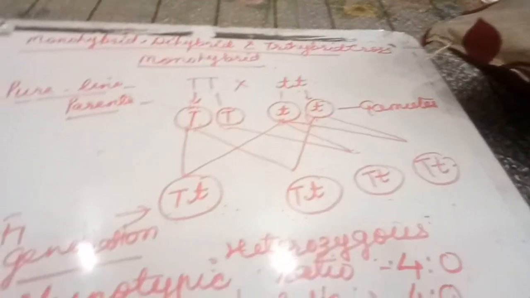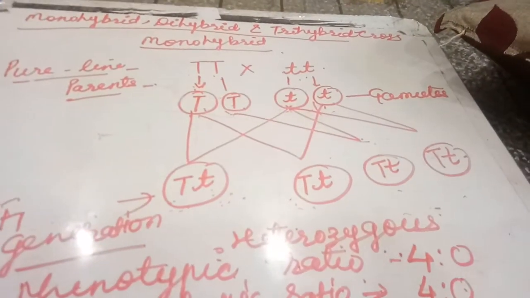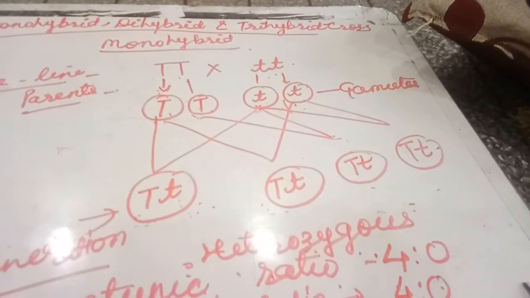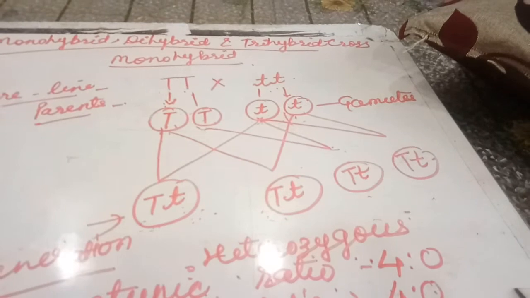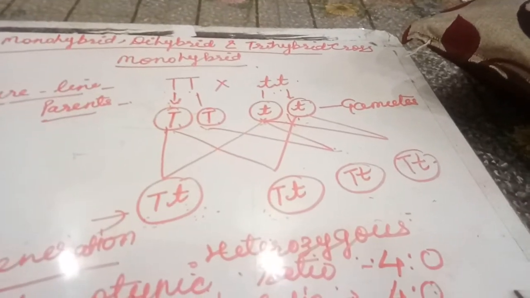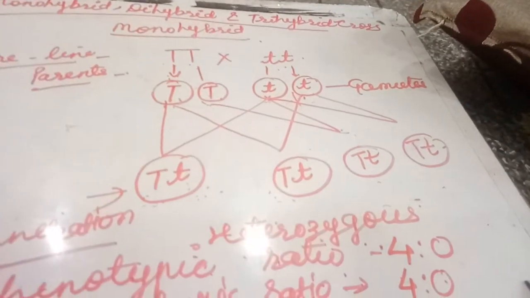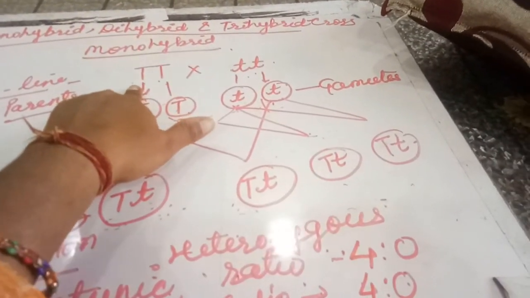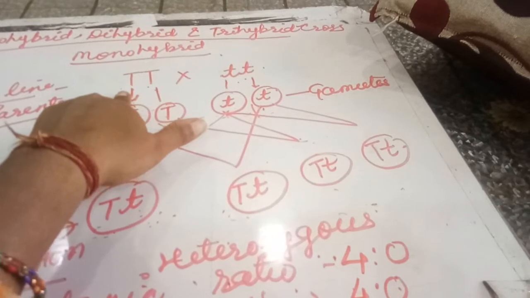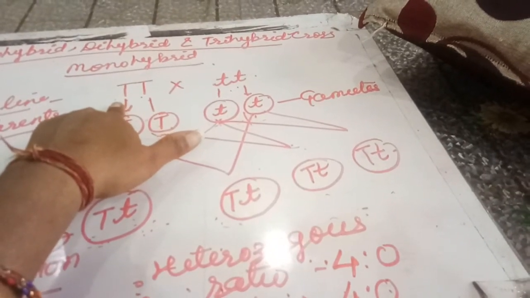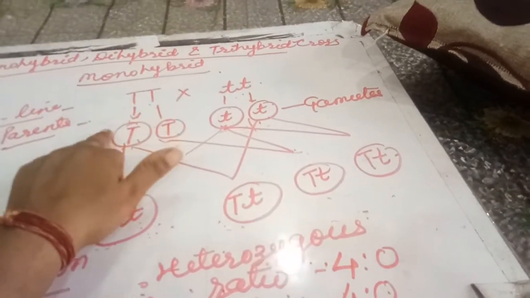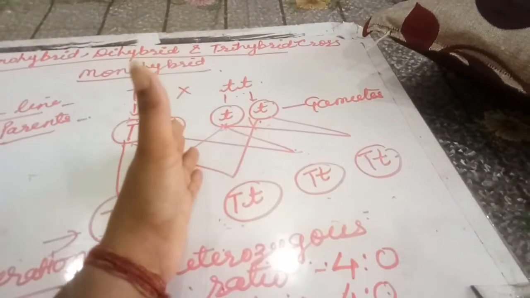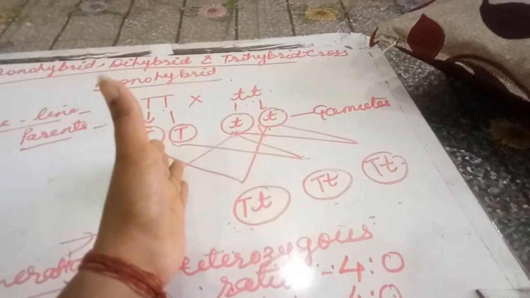Every cross will start with a pure line. Pure line means the parents are pure. Pure in the sense of a homozygous parent or homozygous organism. So in this cross we'll take pure tall, that is the one character. We take a height character, only a single character in the monohybrid cross, and we start with the pure line. That's why the plants are pure tall, or you can say homozygous tall.